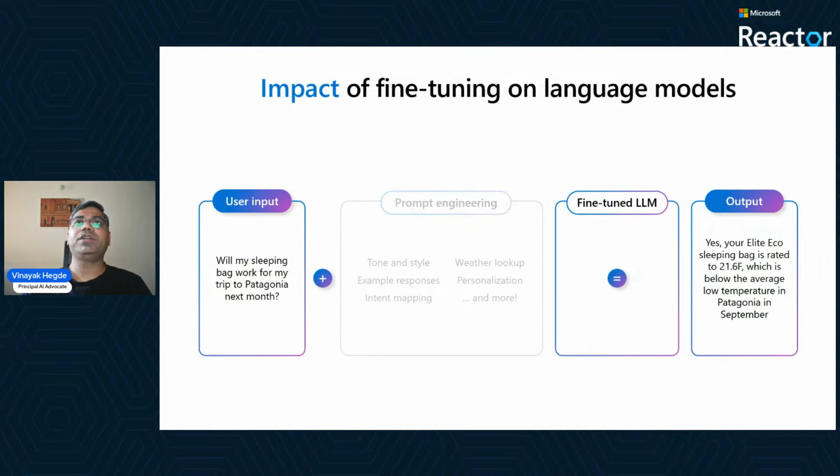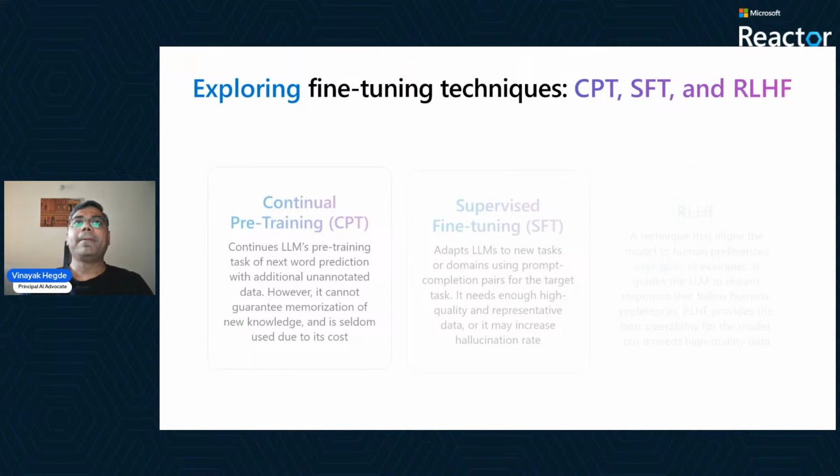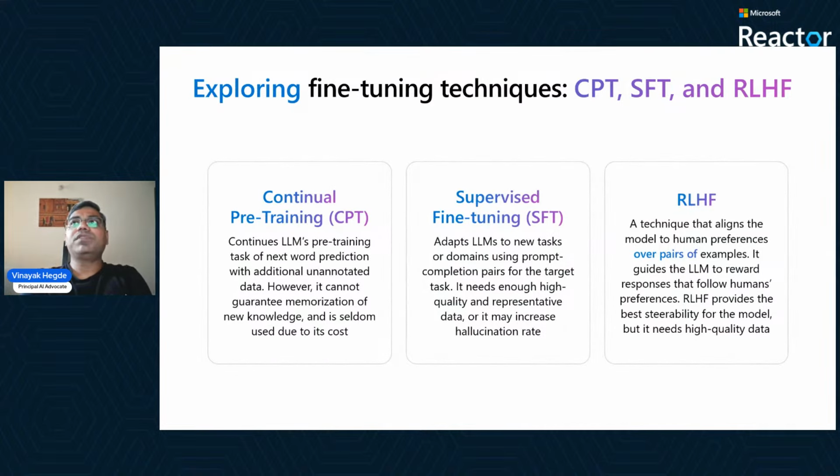Similarly, fine-tuning a model has a profound impact on language models by tailoring them to specific tasks or domains. It involves taking a pre-trained model on a smaller specialized data set, adapting it to particular nuances. So again, these are some of the... I won't be able to go into detail, but these slides are available, so you can look